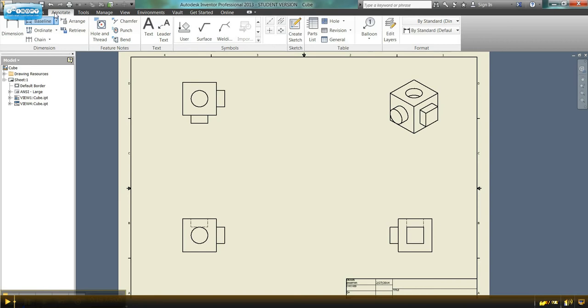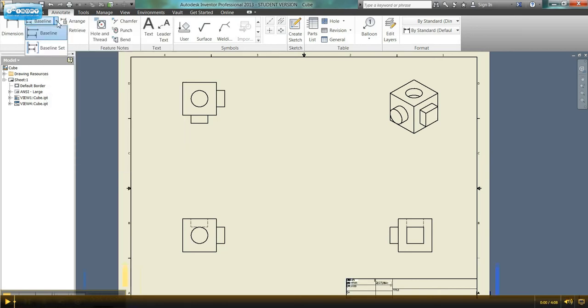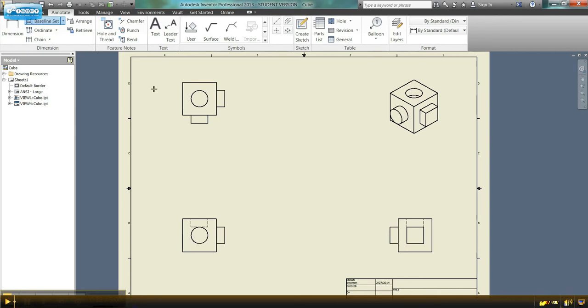First thing we want to do is be able to dimension correctly but quickly. So we're going to take this where it says baseline, right under Annotate. We're going to select the drop down box, the upside down triangle, drop that down and select Baseline Set. Baseline Set is going to allow us to make multiple dimensions sort of in one sitting and move a little faster. Once you have Baseline Set chosen, you're going to come over and select Dimension, and then you're ready to go